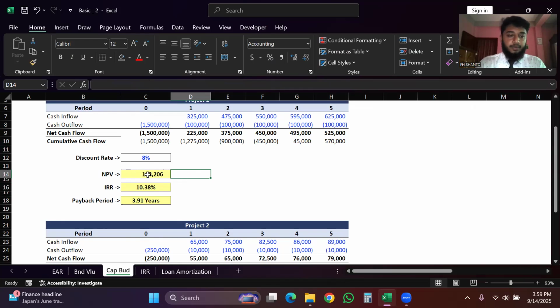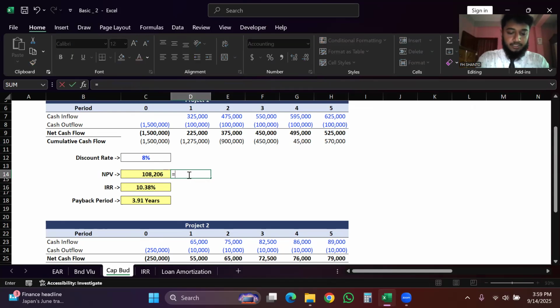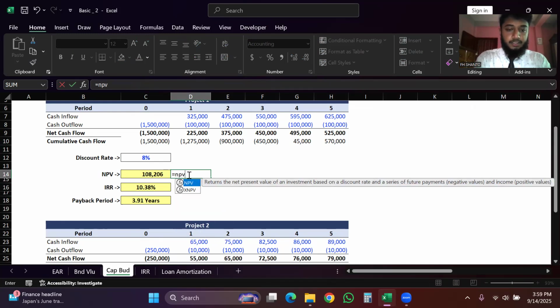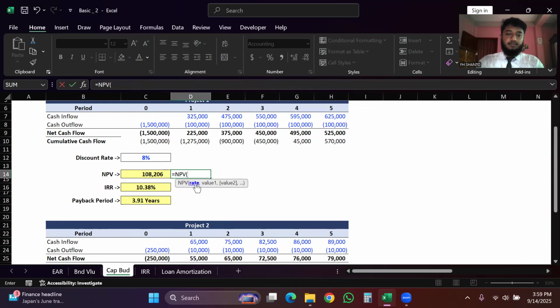Here, if we want to calculate NPV, you can see we have to apply the formula equal to NPV. Here you can see the rate, first hint, value 1, value 2, and so on. Here is the discount rate. You can fill it by this, then the value. Here is the net cash flow. We need this value. We can fill value 1 by D9 to H9,